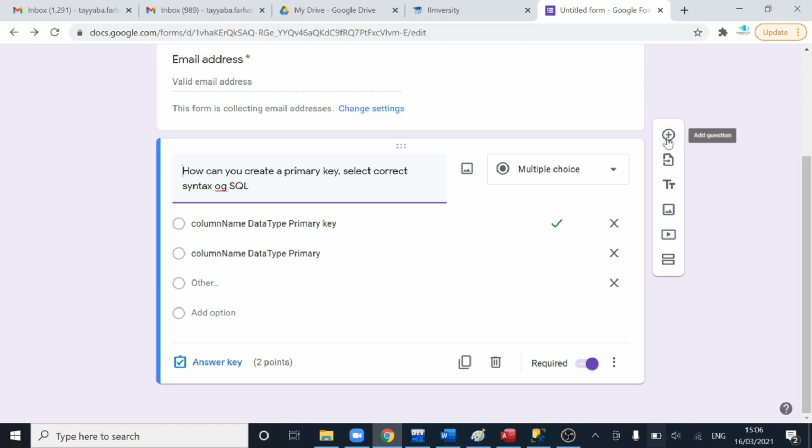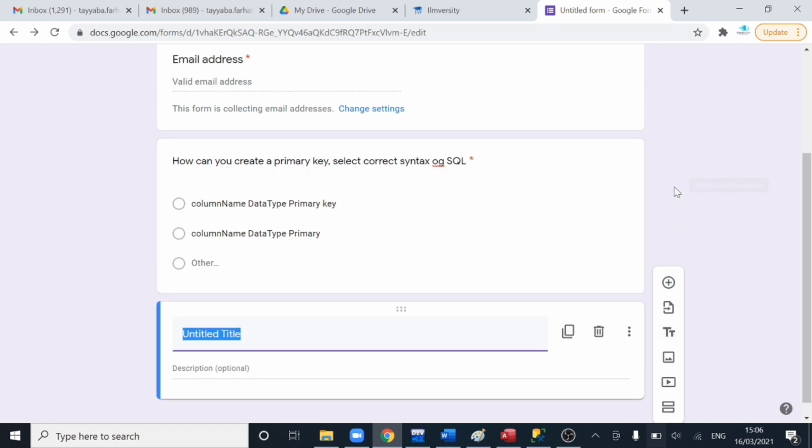If you want to add any title into your quiz, you can do this by clicking on this title option. Click on this option and you can see a separate segment where you can write title and description. This could be useful when you want to tell your students that something different is being provided under this title, or different kind of questions are going to be asked from you.